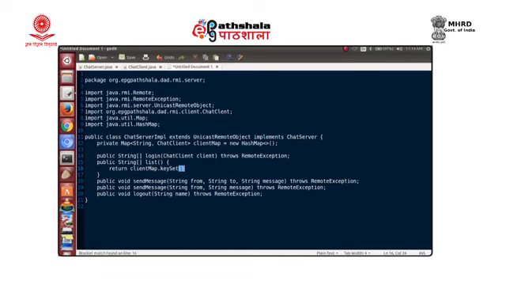From the keySet we want to convert it into an array using the toArray method, where the parameter will be an array of String.